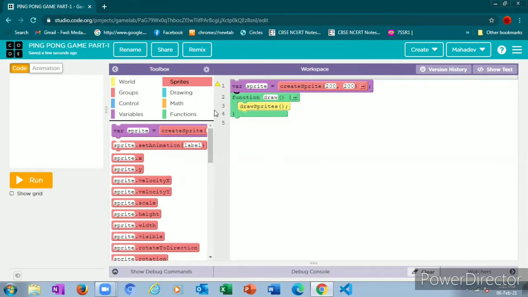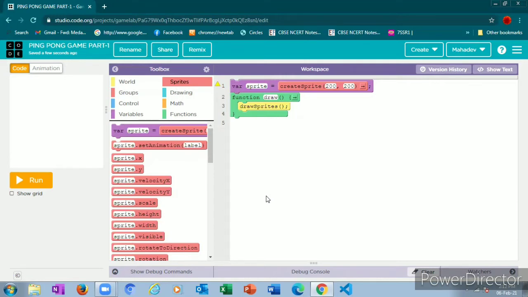Function draw means whatever we give in function draw, like bouncing the ball and preventing the ball from going outside the playground, we'll do all those things in function draw, and it will execute. Draw sprites means whatever code we write over there, if we give draw sprites, it will draw the sprites and execute the code we gave.